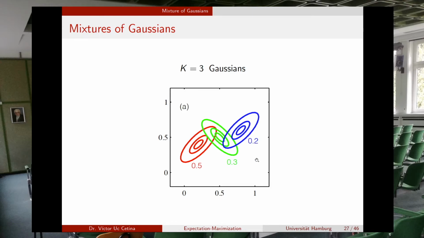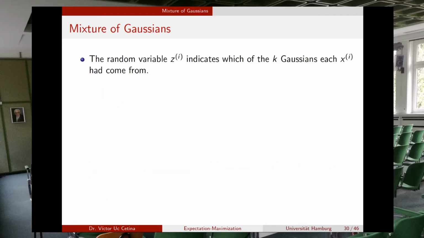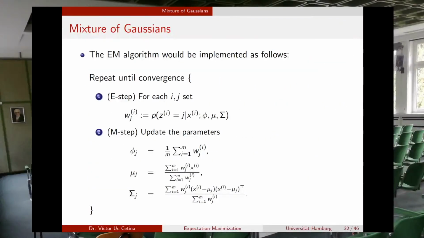So they will have a probability to belong to each of the clusters. Once we have initialized the parameters and we have assigned the first probabilities, the first soft assignments, we go to step 2, which is the